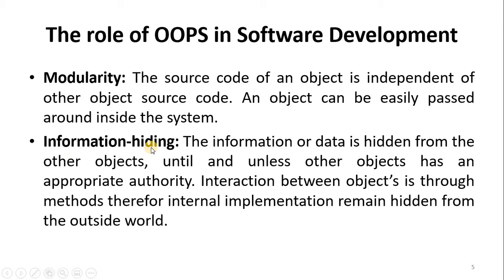Next is information hiding. As you know, in our project we can have n number of modules, or segregations of code, that will be created as objects. With information hiding, one object can hide information from another object. This is information hiding, or data hiding we can say. So information or data is hidden from other objects. If one object has some data and you want to protect its data from other objects, it is possible to protect it. That is information hiding.